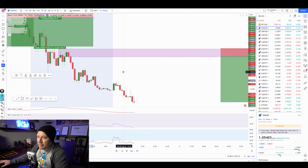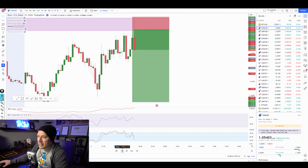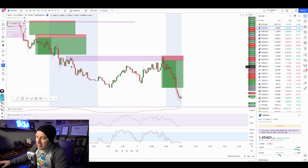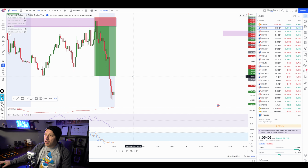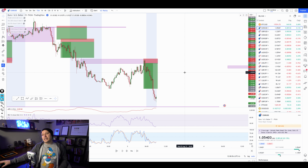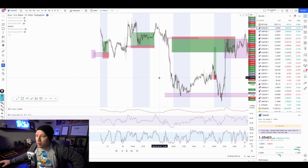Okay, then I identify a new order block right here. There's an opposite candle before the big movement of the market. Even though it wasn't that secure, and the reason why it wasn't that secure was because the movement wasn't that big. But I still entered. It almost hit the stop loss, but still gave me a winner of 5.57% in profits. I want to make sure that before we finish with this video, you know when to enter